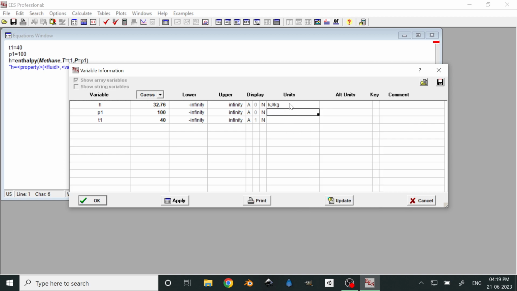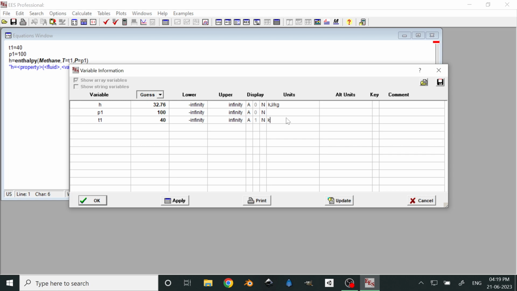You can write whatever you want. Software is having the unit specified, so it won't change anything. Like if I write T1 as Kelvin here, then it's not that the software is going to now calculate it in Kelvin, right? It's still going to calculate it in Celsius, but in that solution window, we'll see a K